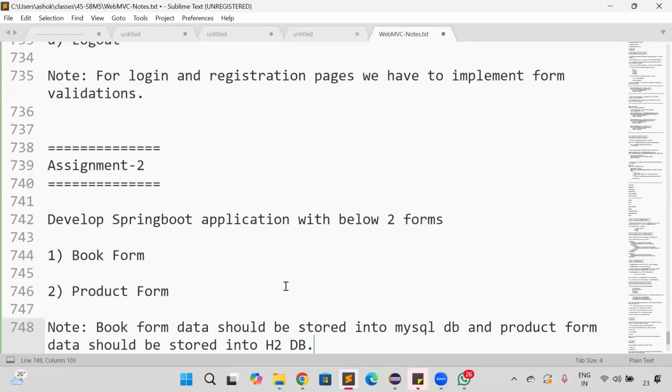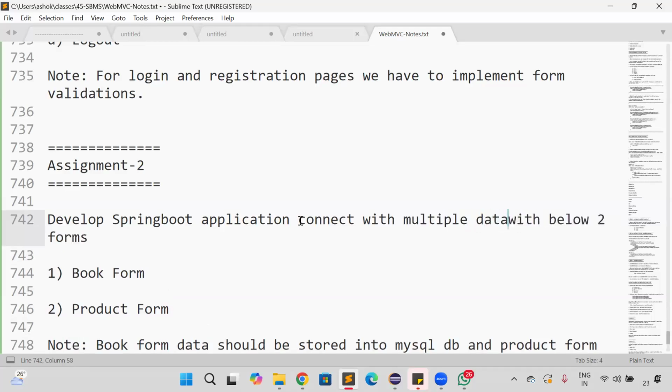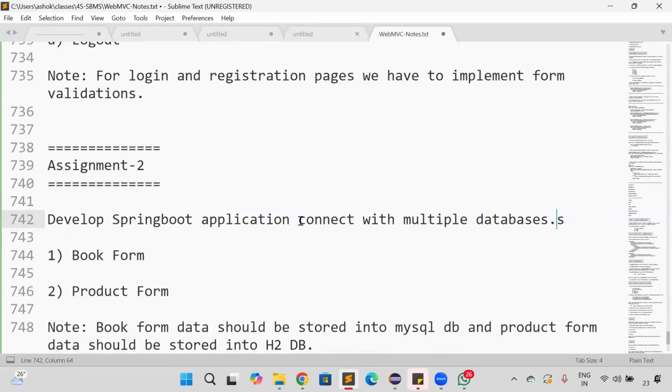One form data I want to store in the MySQL database. Another form data I want to store in the H2 database. It can be H2 or it can be any other. The requirement is to develop a Spring Boot application to connect with multiple databases. The application should